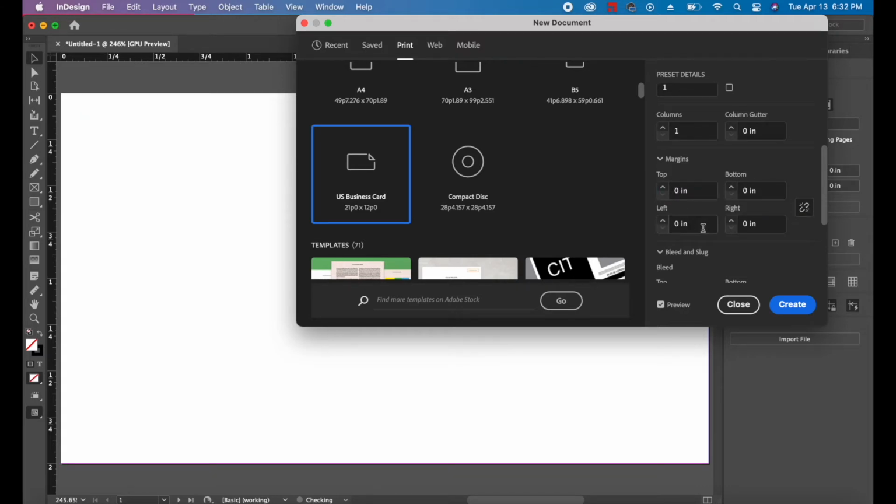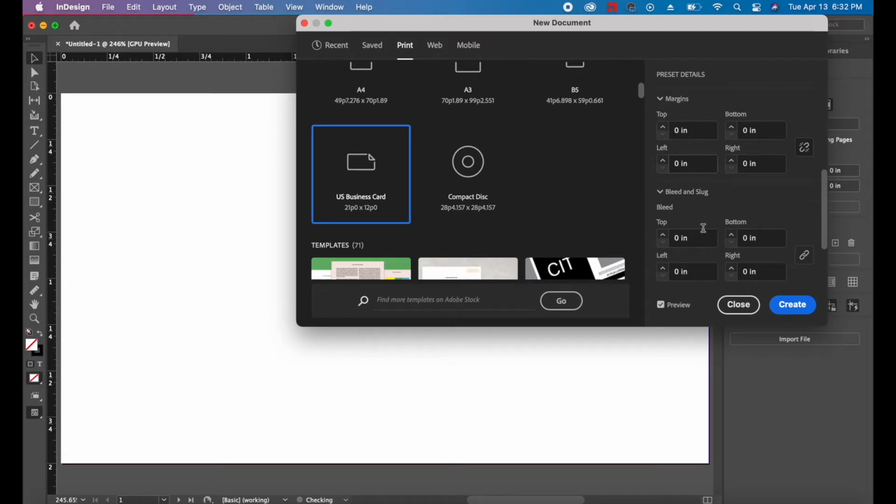And let's check out the bleed. With the bleed, when you print out a business card, if you put any images that touch the edge of the business card, it's good to have a little bit of a bleed, because if you don't, the image creates a white border around the card that is most likely very unattractive. So it's great to create the artwork a little bit bigger than the business card itself. Therefore, for the amount of the bleed, it's good when it's about 1/16